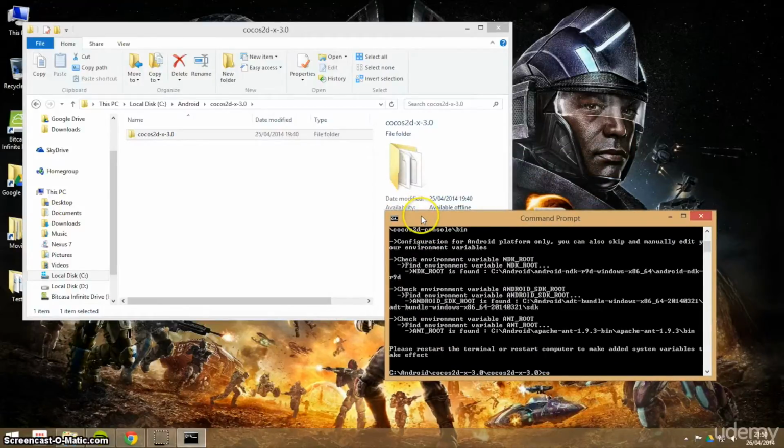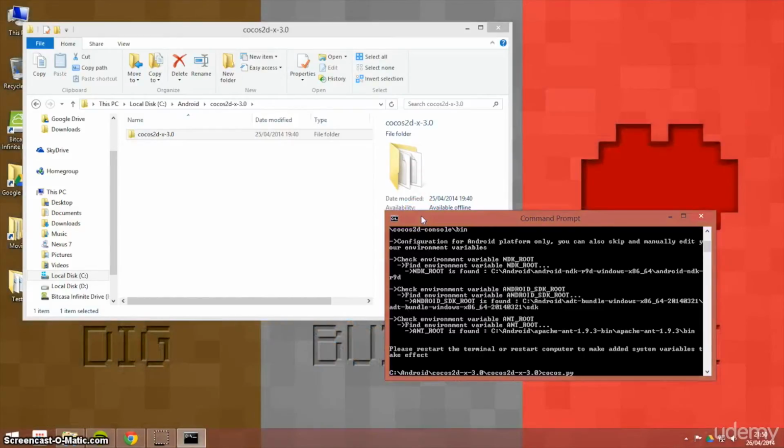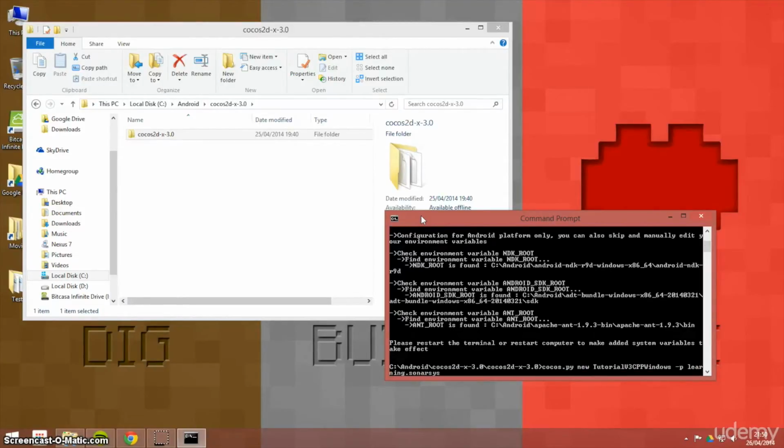To do that, you type in cocos.py. This is now an environment variable, so you can run it from wherever you want. Cocos.py, new, your project name. I'm going to put tutorial v3 cpp windows, then -p for package. For package, I'm going to put learning.sonar